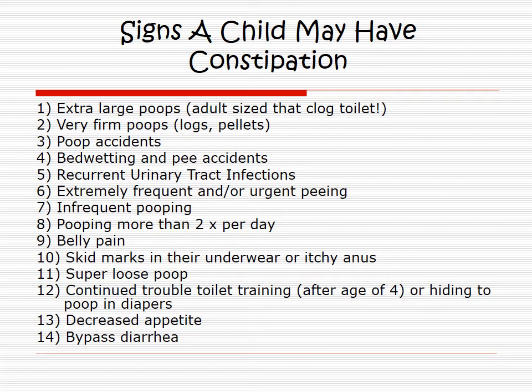Signs a child may have constipation. This can include extra large poops, which are adult size or clog the toilet. That's a red flag. Very firm poops that come out like logs or pellets. Poop accidents. And actually, when I have people who have children who have very firm poops and logs, it sometimes is accompanied